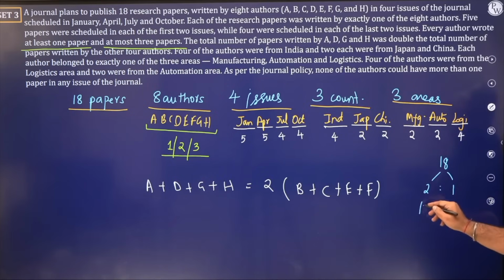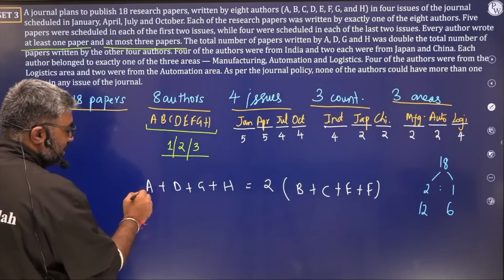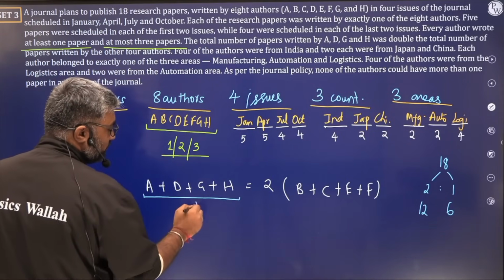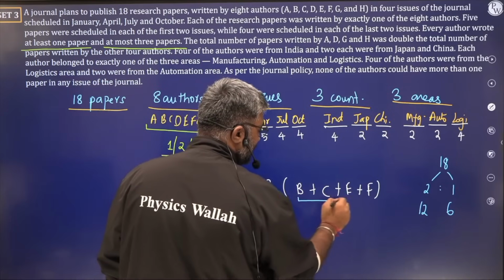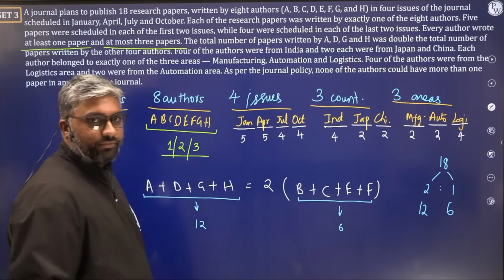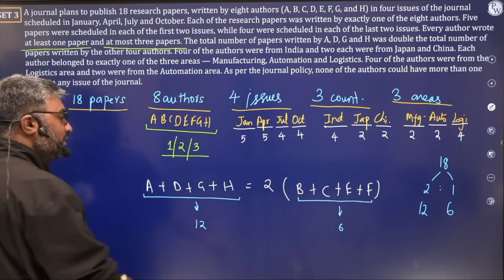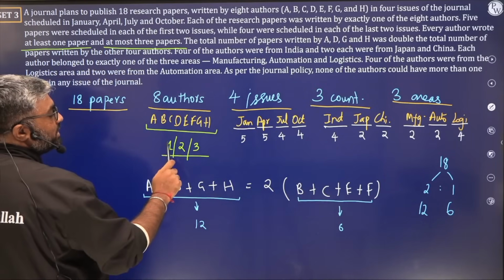6 and 12. So what do we know? We know that A, D, G, and H together will be submitting 12 papers, and B, C, E, and F together will be submitting 6 papers. Yes. Although here we may have multiple cases, but here, since the possibility is 1, 2, or 3,